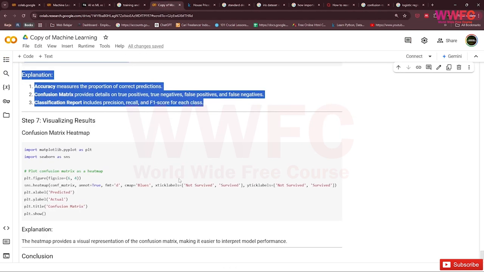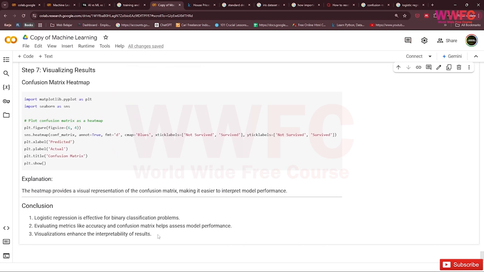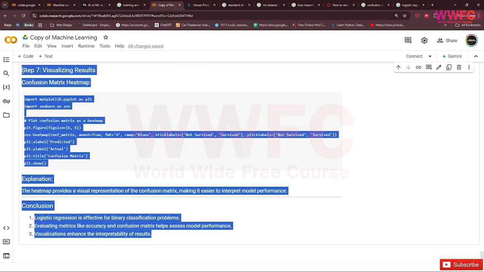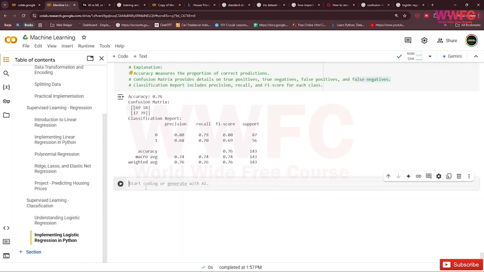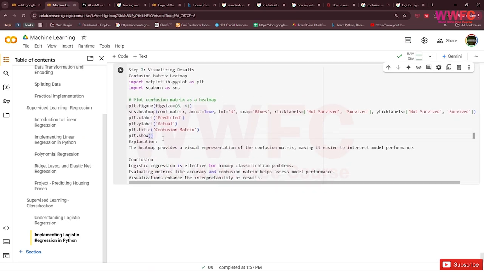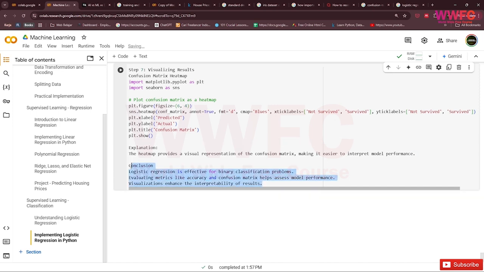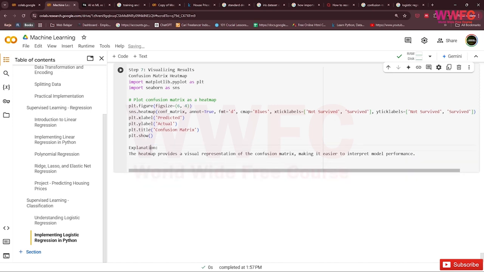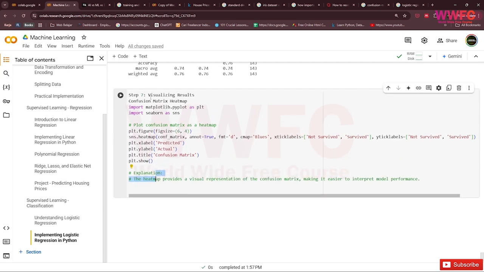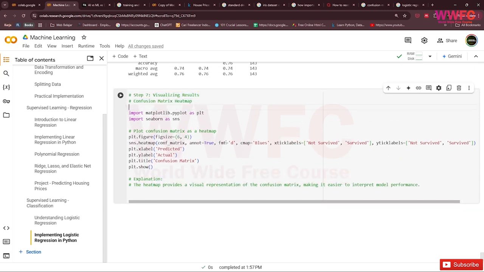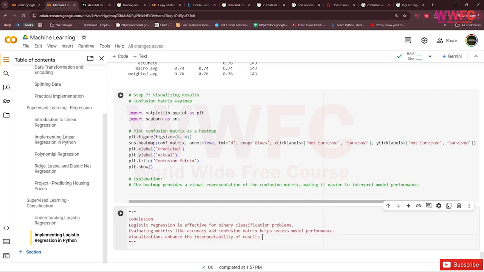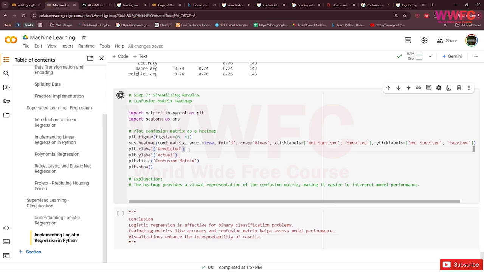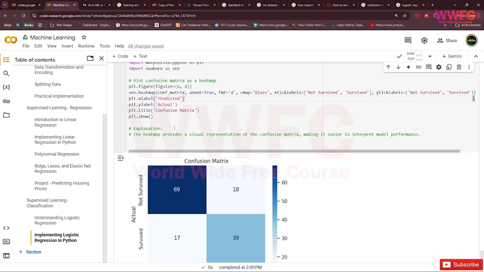Okay, next we visualize the results. For the visualization, we use a heat map.